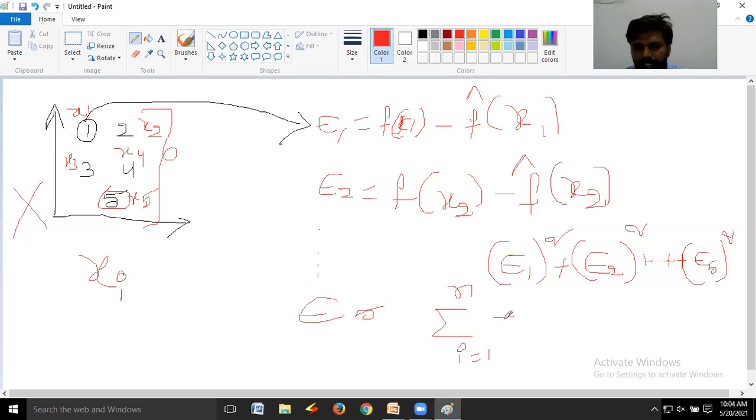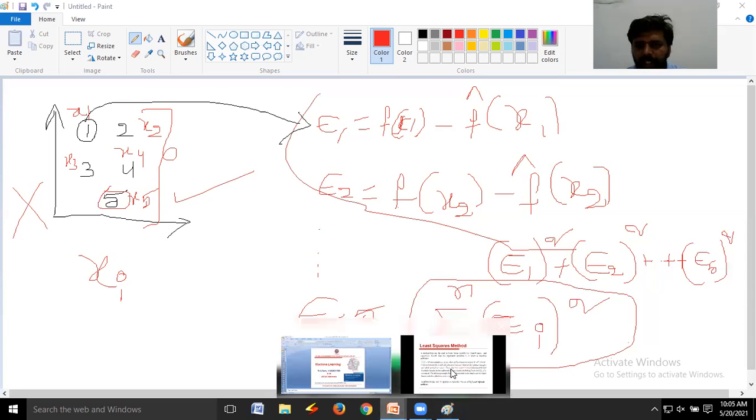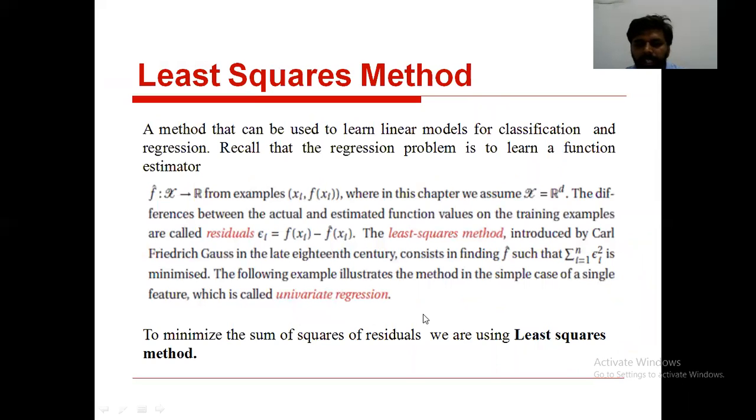That is equal to, right? What are we calculating here? We are calculating epsilon, the residual for i, whole square. Got the point? This is the generalized equation for this explanation. Here we are considering only 5 instances, because of that, here n value is 5. But in real-time instance spaces, we may have thousands and lakhs of instances. Right? Is this point clear?